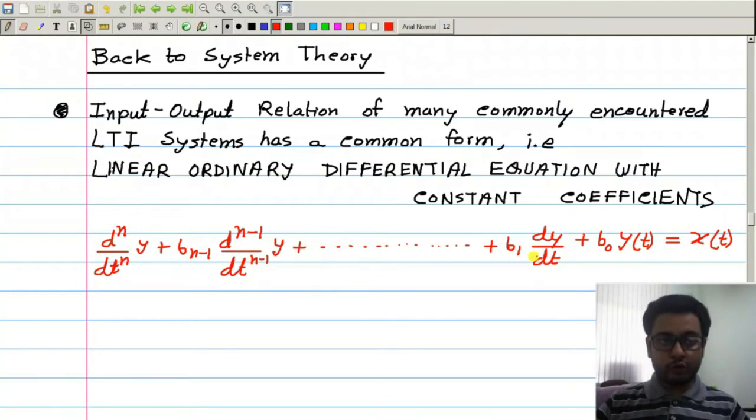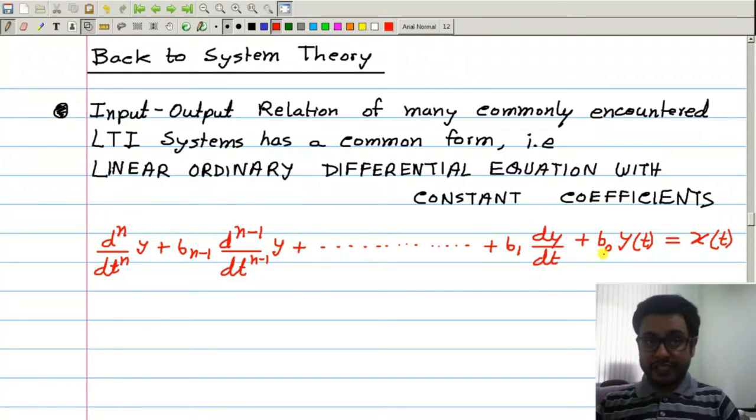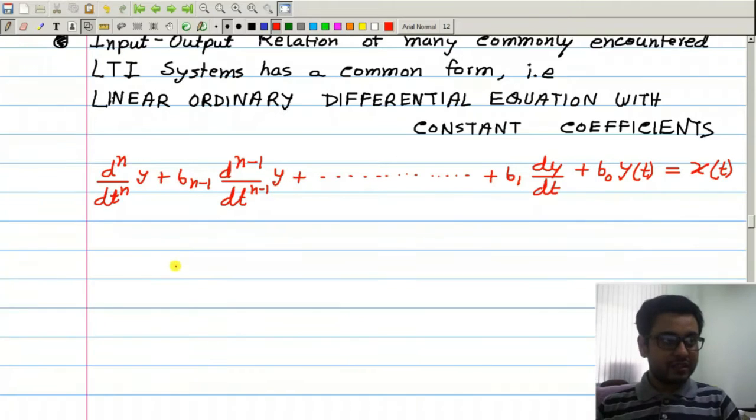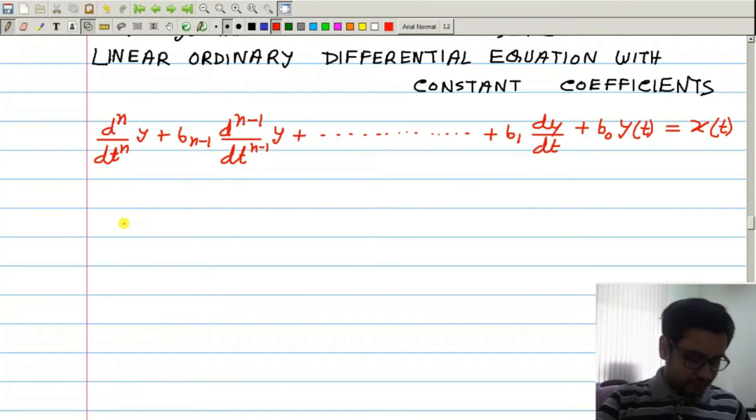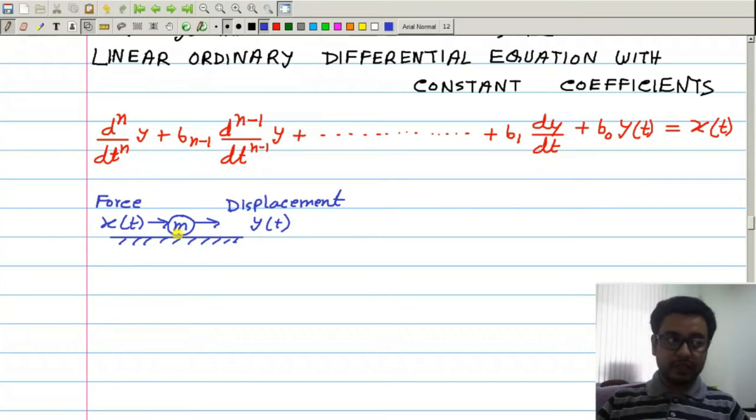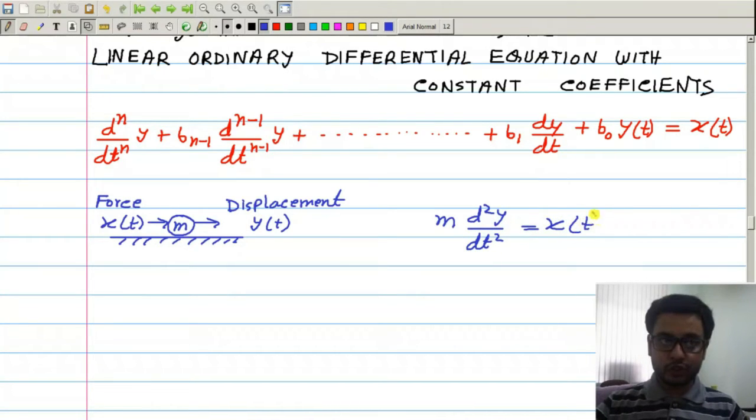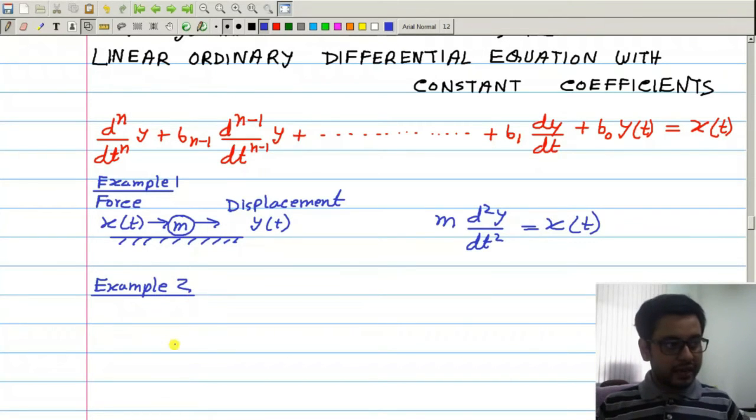So this is the common form of the relationship between the input and output of many common LTI systems. For example, consider an object with mass m on a frictionless floor. Input force is x(t) and output displacement is y(t). The relation between the input and output is like this: mass times acceleration is equal to input. This is one example. Another example could be a piece of coil or a pure inductor with inductance L,